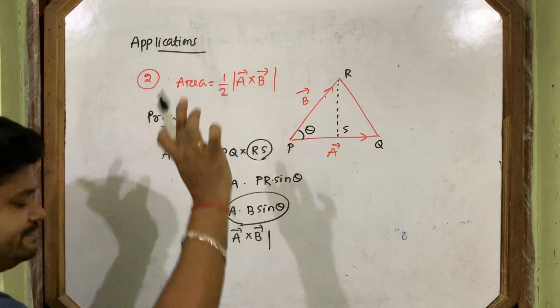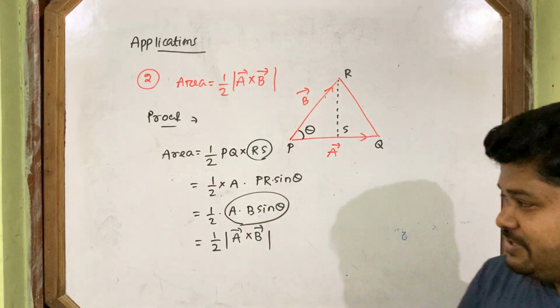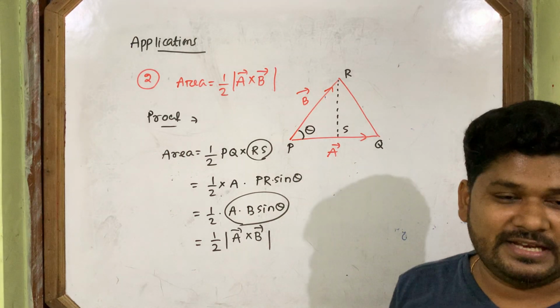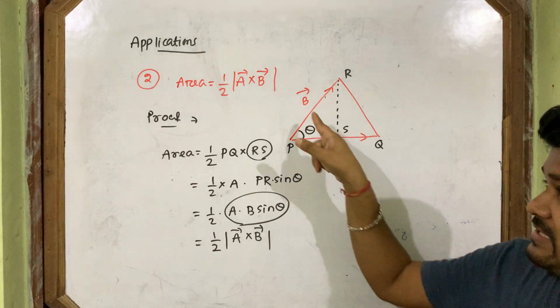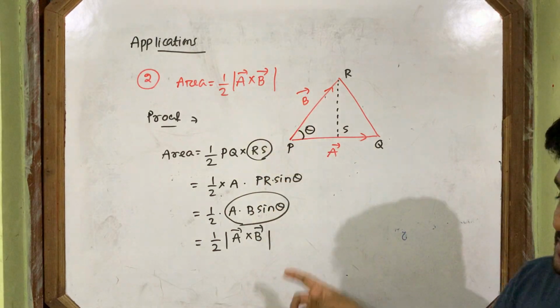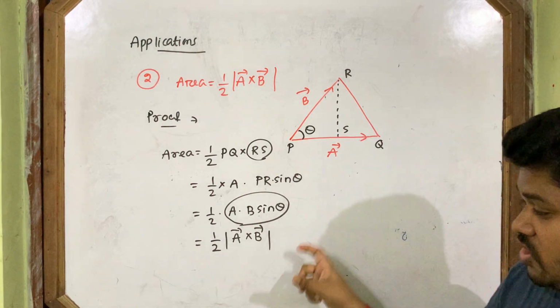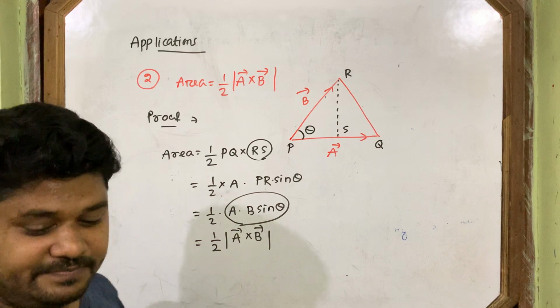You got the formula? Now you believe this formula? So area of a triangle, you check it. Area of a triangle is equal to half A vector cross B vector mod. In exam, if the question comes like this, A vector, B vector is given, find the area of the triangle, you can find the cross product first, then put the formula, find its mod, so that you will get the answer in square unit.